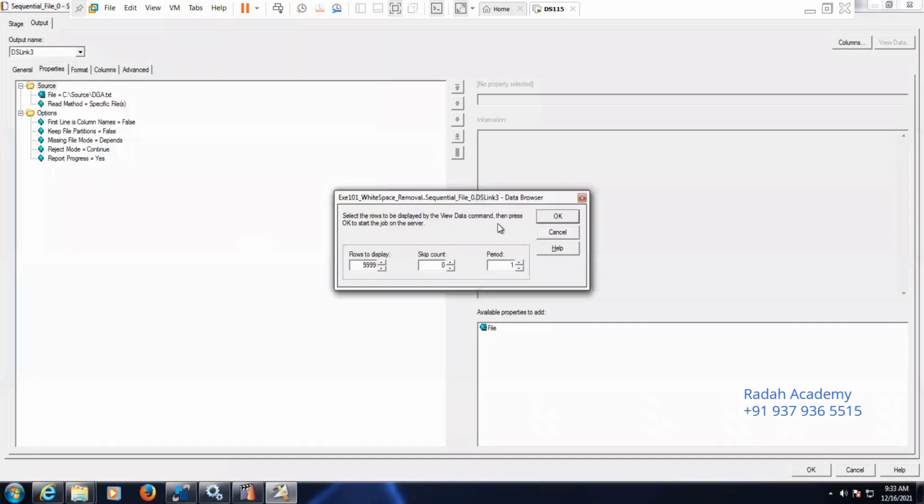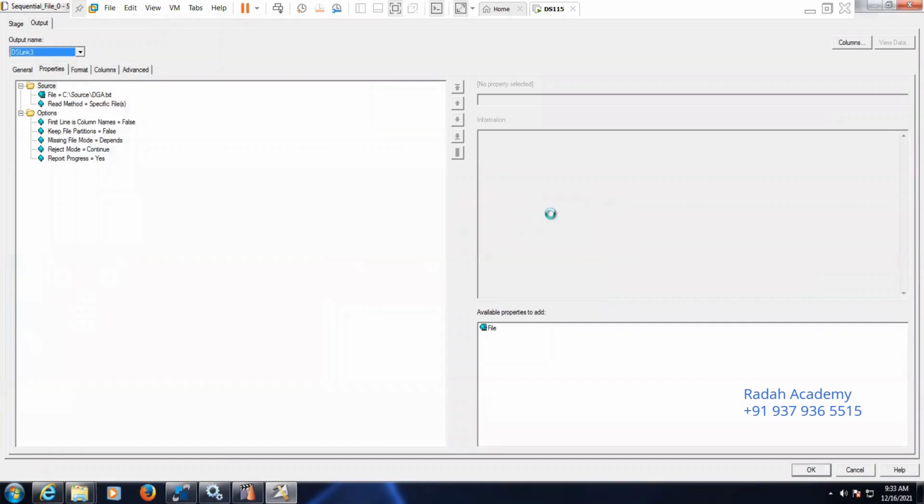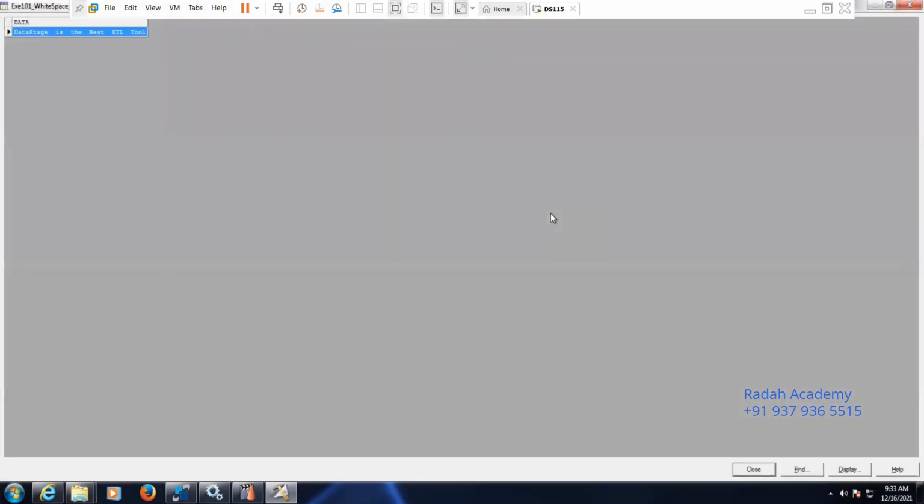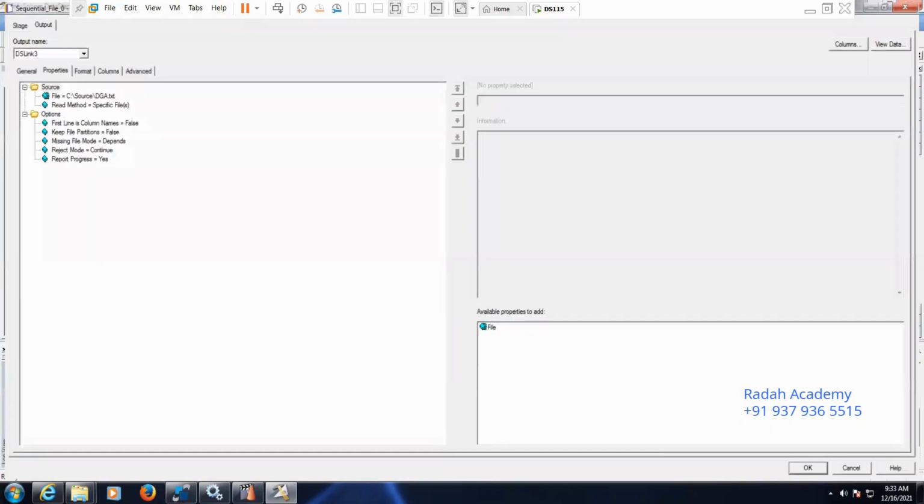Let's view the data. Here you can see two spaces, right? So how to remove the extra spaces here? Click on OK.